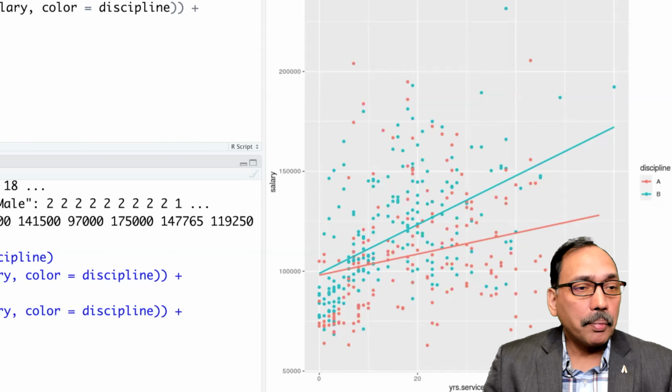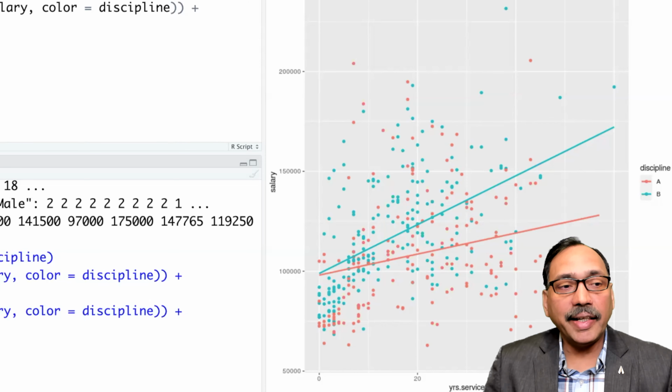And our p-value can indicate whether that interaction effect is significant or not. So we can always set a null hypothesis that beta for this interaction equals 0, and if our p-value is more than 0.05, we cannot reject the null hypothesis.